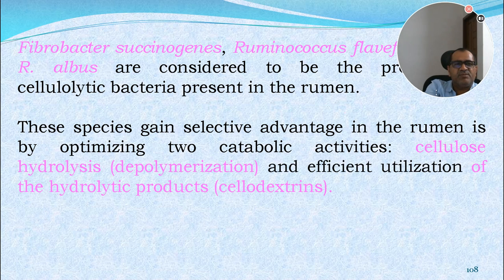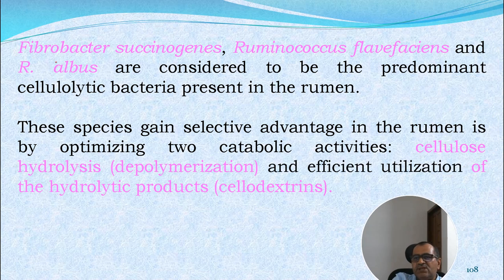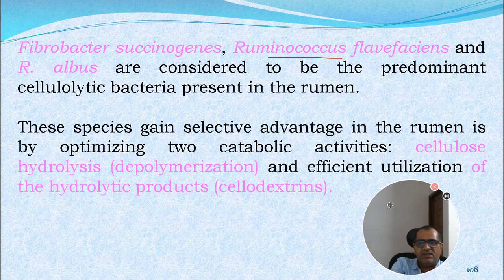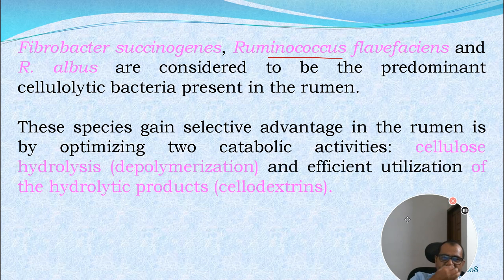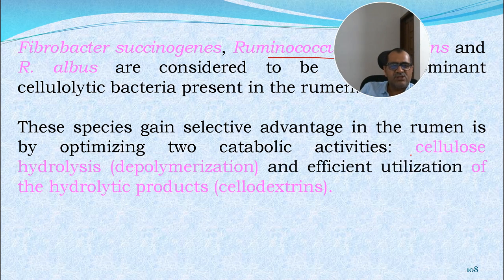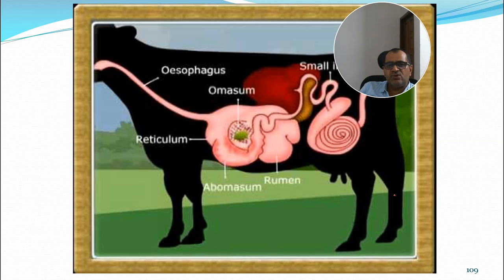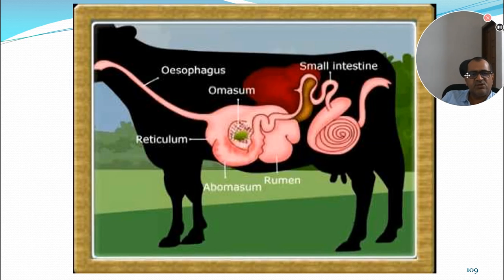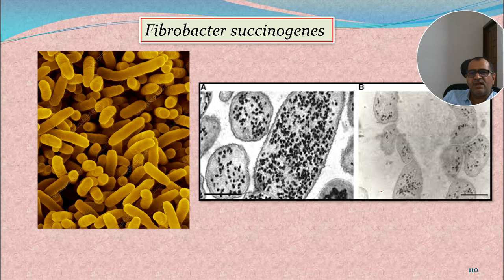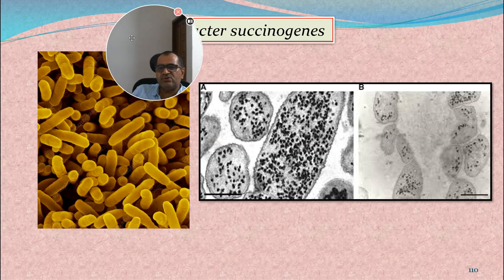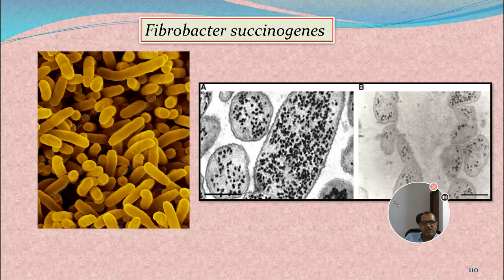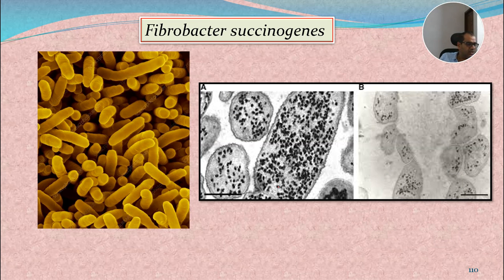So these different types of bacteria are present, especially Fibrobacter succinogenes, then Ruminococcus, then Flavefaciens. These species gain selective advantages in the rumen by optimizing cellulose and carbohydrate use, etc. So the rumen digestion takes place at different places. Then there are photos of certain bacteria present here, which are contributing especially to the